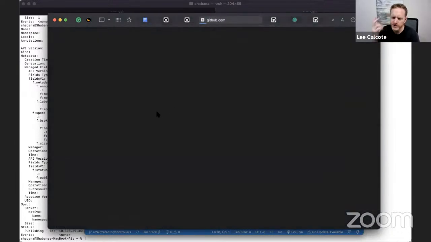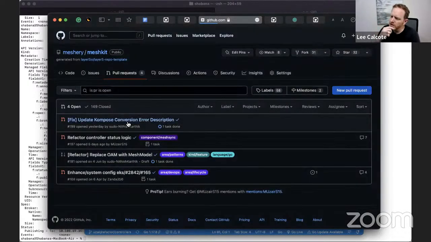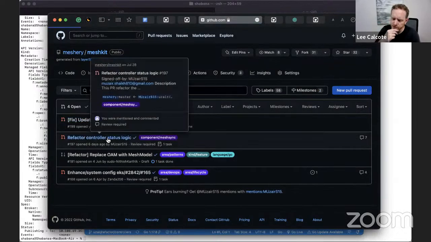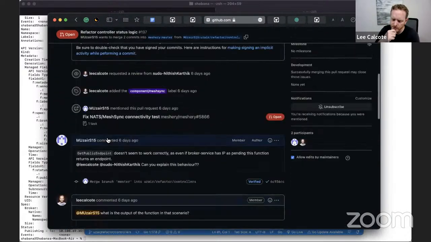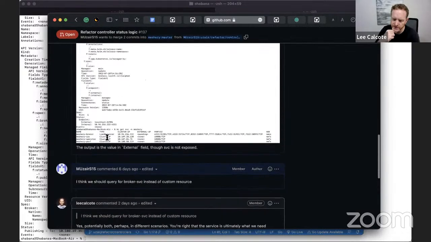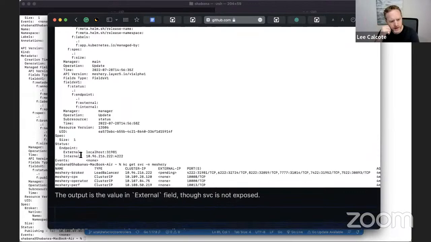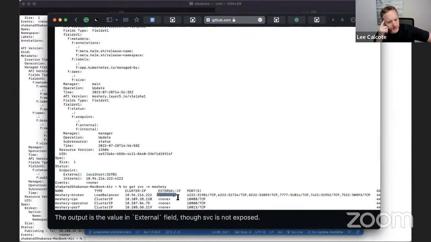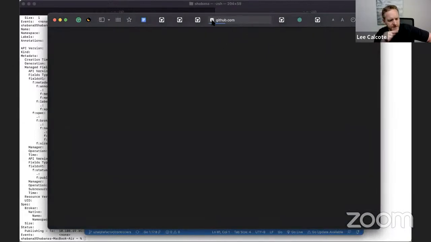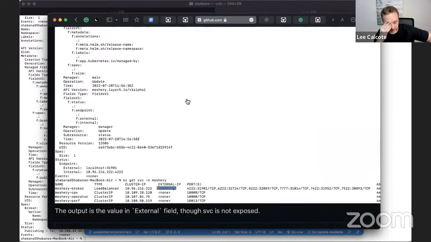The second one is MeshSync, which communicates with Kubernetes, or subscribes to Kubernetes events, using Kubernetes informers. And in order for Meshery server to be a NATS client of that NATS broker, we need to expose NATS as a Kubernetes service.